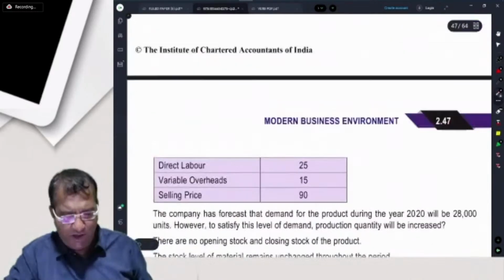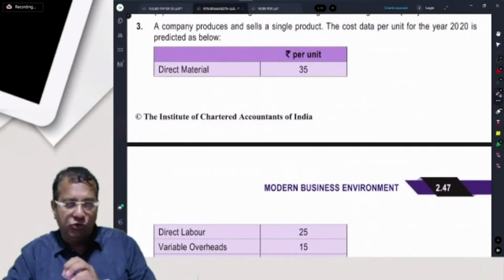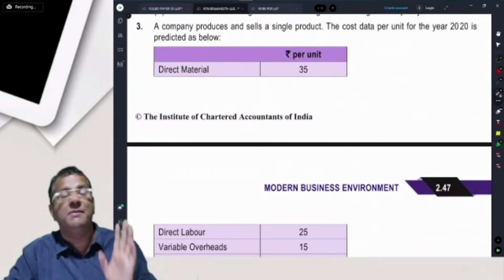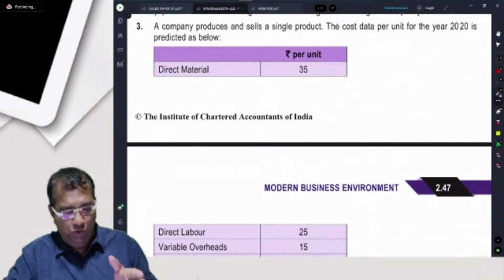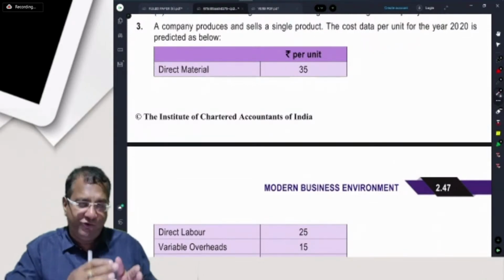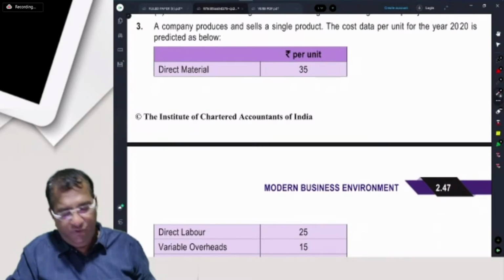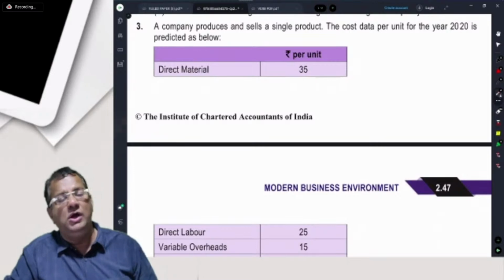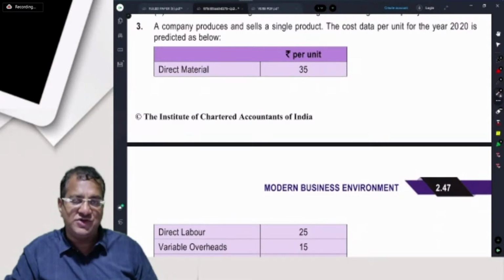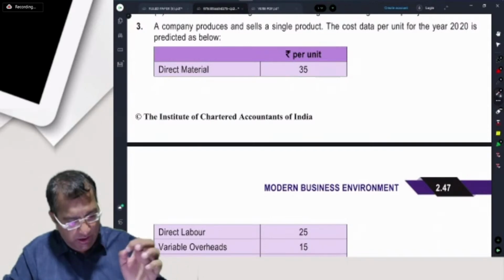Mark this question as very, very, very important. I'm not saying very important from the examination viewpoint. No one knows which question will come in the examination. It's only the paper setter who will decide the question that will come in your examination. Important means such a question requires multiple revision. Although you have attempted it during your study session, if there is no multiple revision of such a question, definitely if the same question appears in the examination, beta, you will not be comfortable. So from that viewpoint, it's a